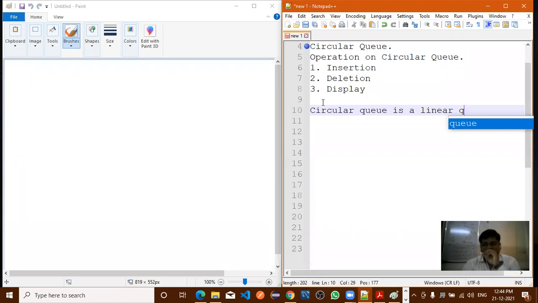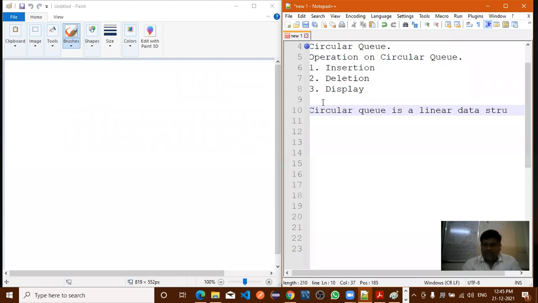It is a linear data structure. To whom do we call linear? If you are considering the elements in a sequential manner, this type of data structure is called a linear data structure. A circular queue is also considered a linear data structure. So the first sentence we always write is that a circular queue is a linear data structure. For the linear queue also, we write the same definition.